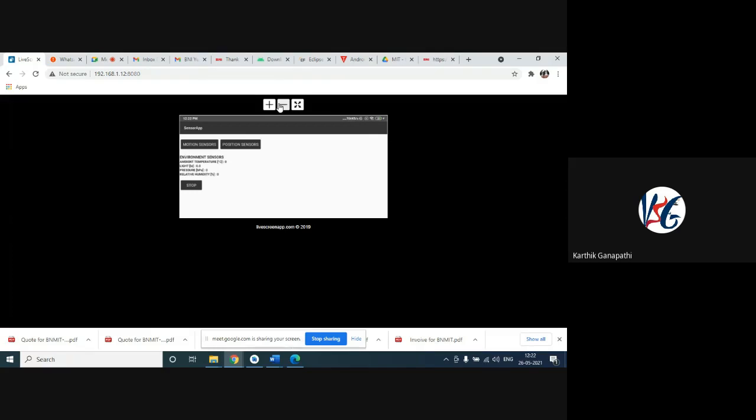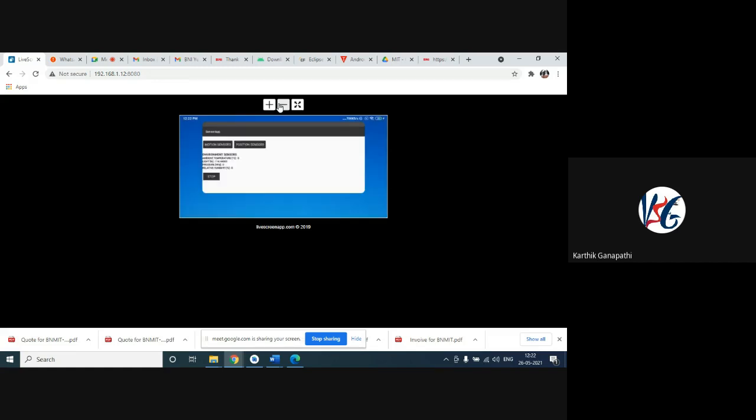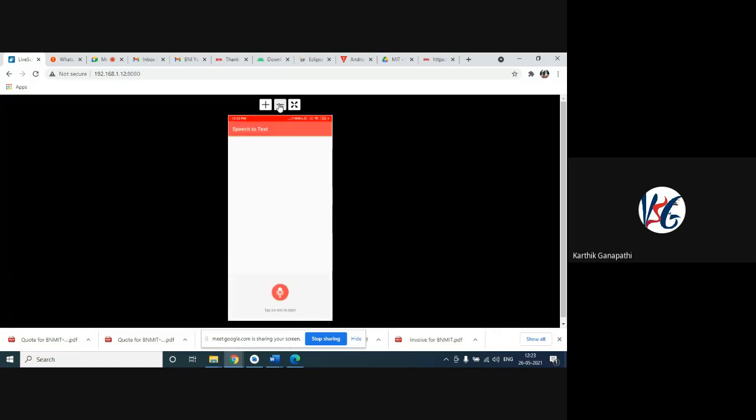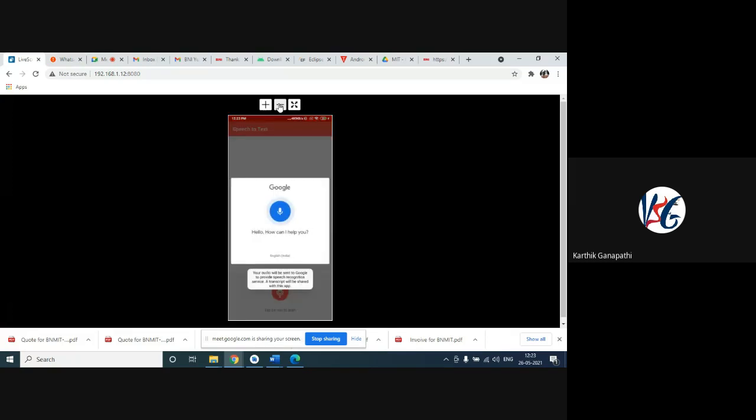I'm just demonstrating some of the applications, but our mobile applications will be compatible with whatever hardware is present in the mobile, and that can also be incorporated in our applications. To explain that, I'm demonstrating this application for you. After this, we have a text to speech option. You can convert text to speech. Whatever text you type here will be converted. Or else if I talk something, hello, how are you?